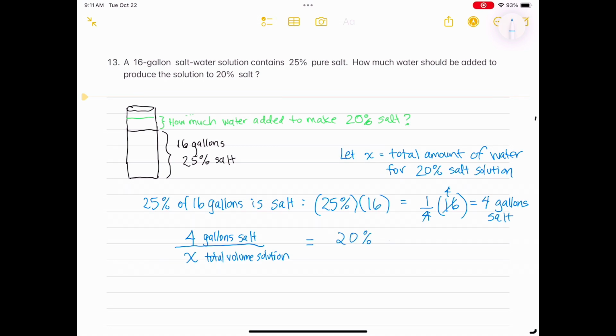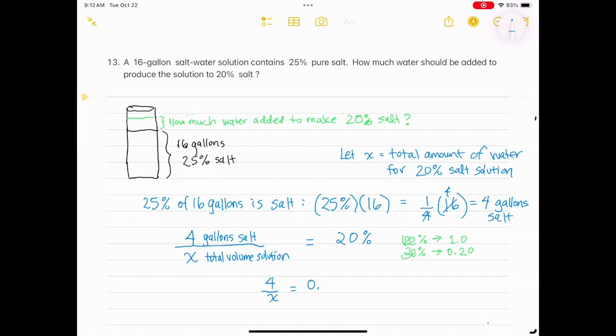So the equation would be 4 over x equals 20%. And I start by converting the 20% into a decimal using my reference 100% equals 1.0 to remind myself to bring my decimal points 2 places to the left and drop the percent sign to get the decimal. 20% is 0.2. On the next line, I will write 4 over x equals 0.2 and then solve for x